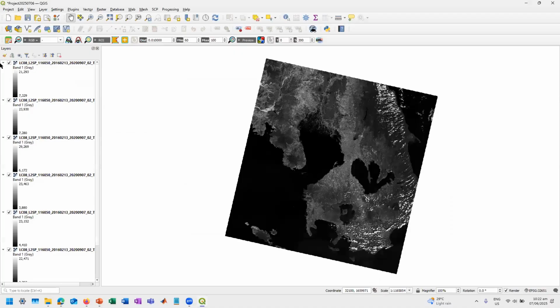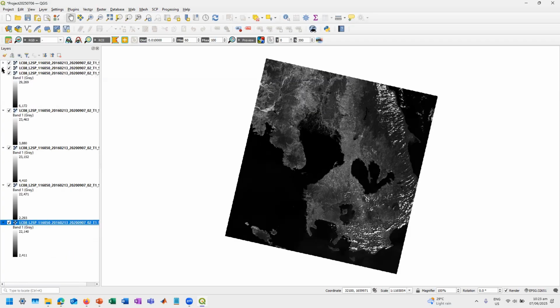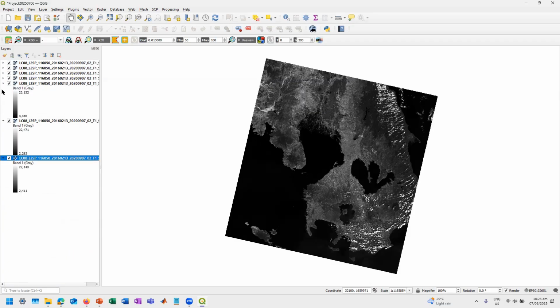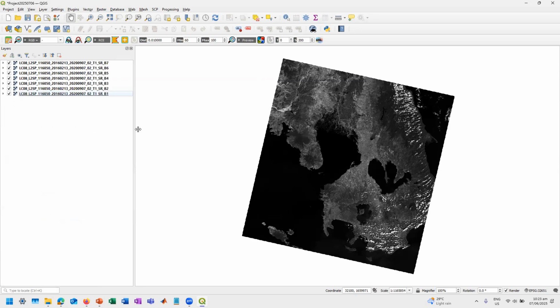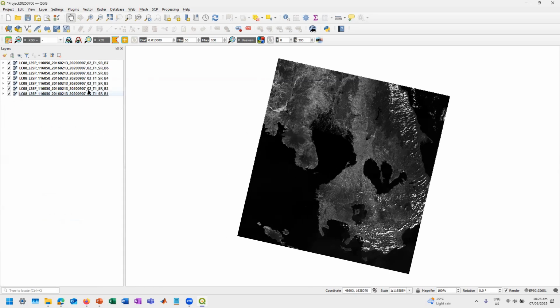And then you can actually look at this. Ayan siya. Okay, so this is band 1, 2, 3, 4, 5, 6, 7. So what we're seeing right now is band 7.